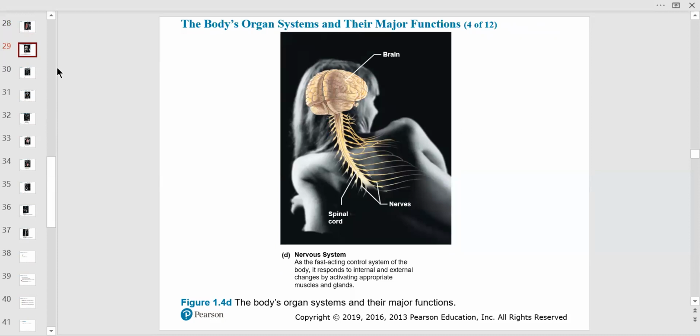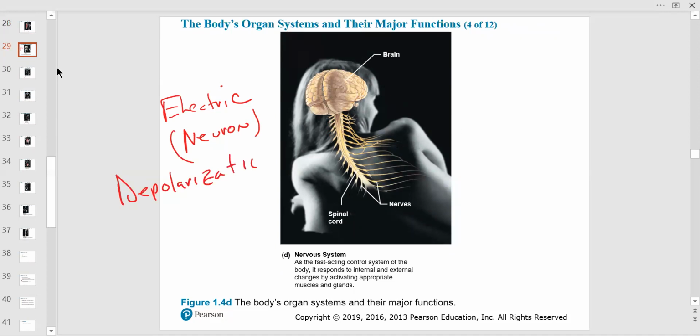Nervous system, the first thing I think about is electric. And the actual cell is called a neuron. We'll talk about that. It involves a lot of what's called, and here's a word you're going to have to eventually really live by, depolarization. And of course, we're not going to go into that deeply, but this is excitation. So they have excitable membranes, cellular membranes. And I forgot to mention, muscles also have excitable membranes.